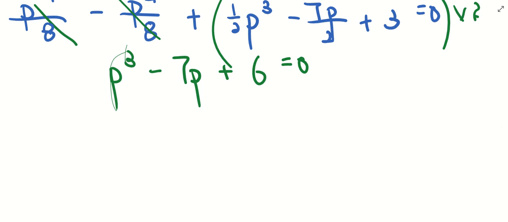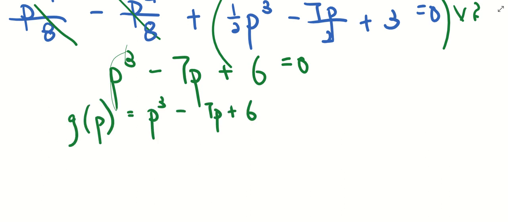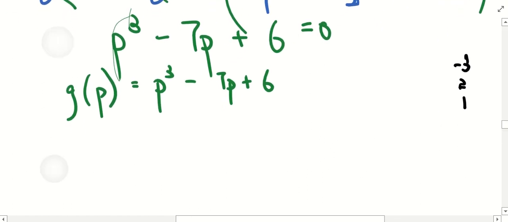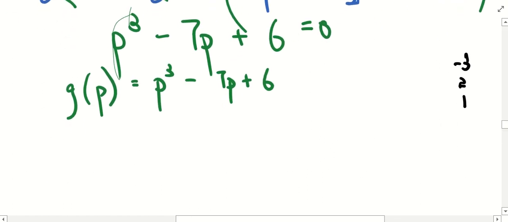Alright, we have used f(x), but this is in terms of p, so let us start a new polynomial by defining it by G(p). I can use a calculator to see what are the possible roots first. Seems like the possible roots are negative 3, 2, and 1 respectively. I will always like to make use of a negative root so that the factor I deal with will be positive. So in this case, let me make use of factor theorem now,